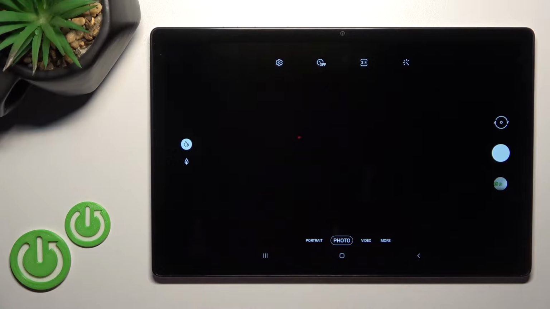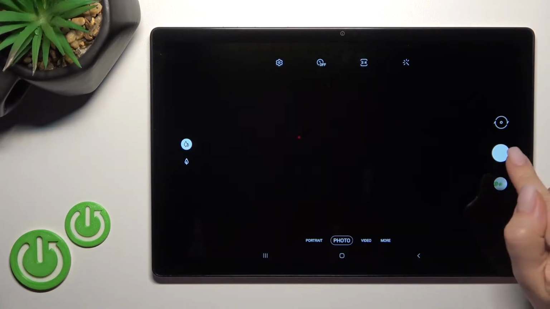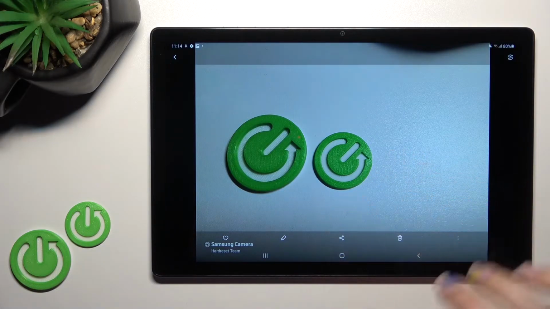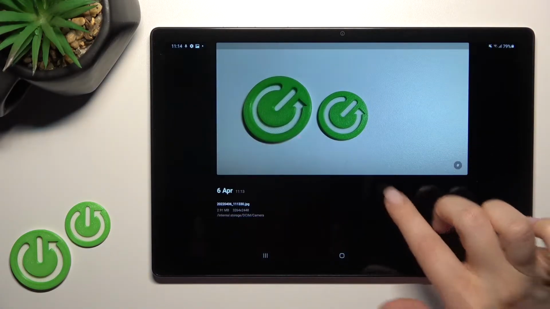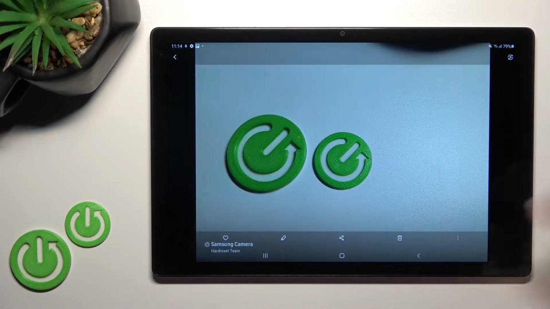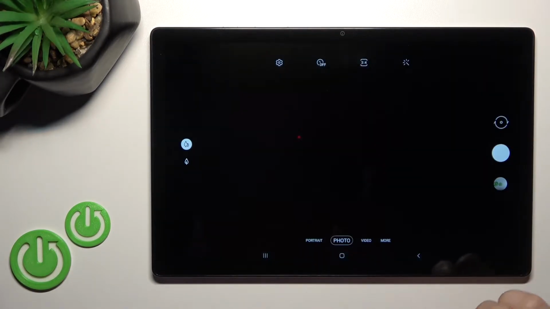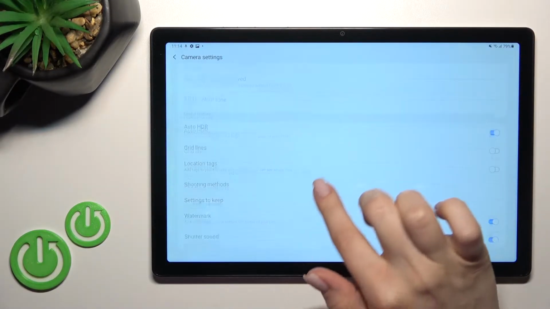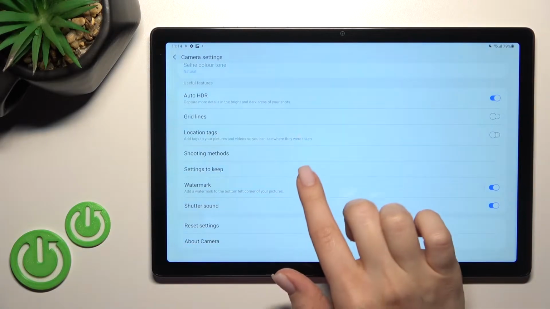So first we should go into the camera application, and now we'll see the last photo, the last picture, and we can see here that we have no location. So now we'll go here into the settings, scroll a little bit down, and here you will see the